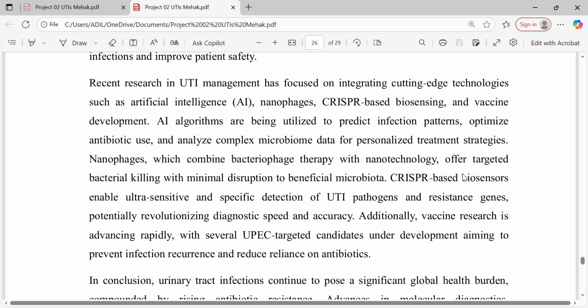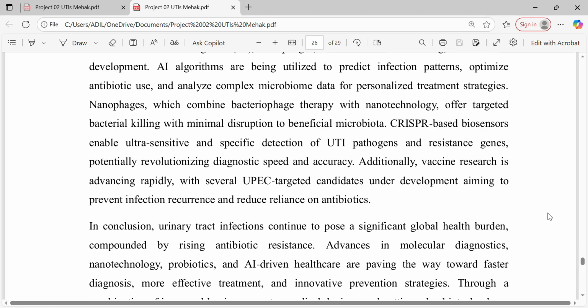Nanophages, which combine bacteriophage therapy with nanotechnology, offer targeted bacterial killing with minimal disruption to beneficial microbiota. CRISPR-based biosensors enable ultra-sensitive and specific detection of UTI pathogens and resistance genes, potentially revolutionizing diagnostic speed and accuracy. Additionally, vaccine research is advancing rapidly, with several UPEC targeted candidates under development aiming to prevent infection recurrence and reduce